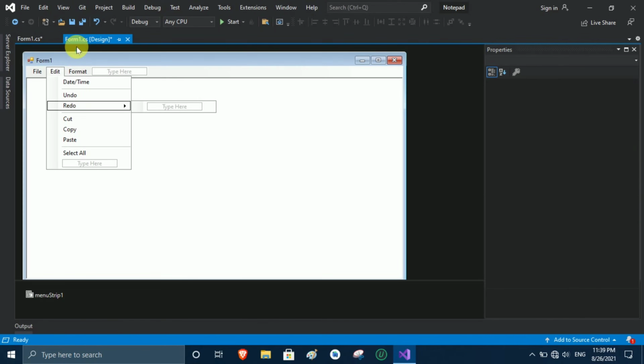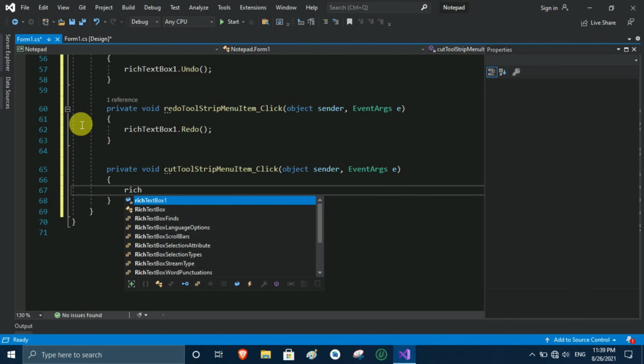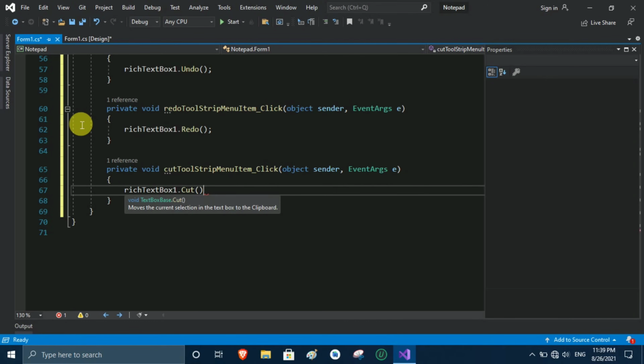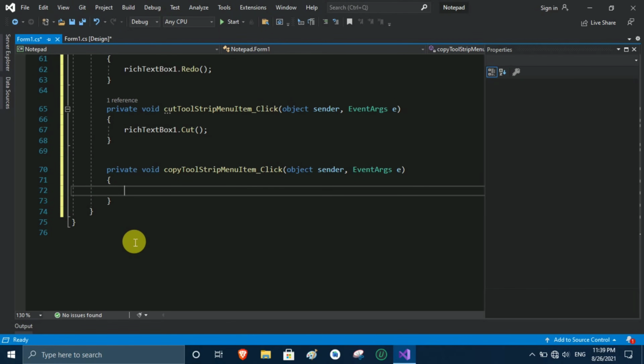Now we again go to the design tab and double click on cut, and again we have to write richTextBox1 dot Cut, the predefined system function we use here, and again go to copy, and again we have to write richTextBox1 dot Copy, and it will do the work for us.